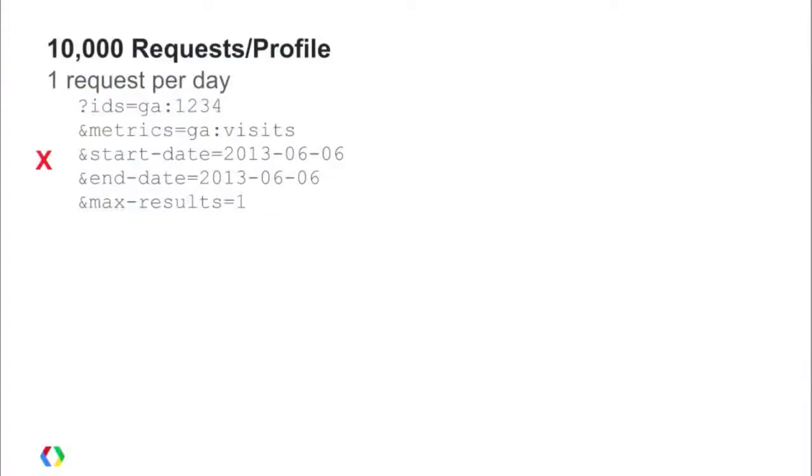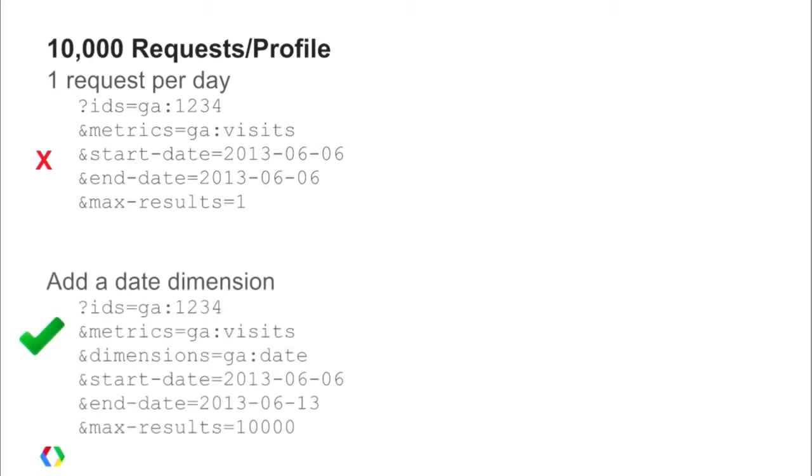Okay, great. So the 10,000 requests per profile, this is a common request we get for increases here. Typically the quota meets the needs of probably about 100% of people on the 10,000 requests, I think. But we do see a common case in terms of why they're hitting this limit. So I've got two examples here. We'll go through them quickly and explain what's usually happening. So often when I see people hitting this limit,